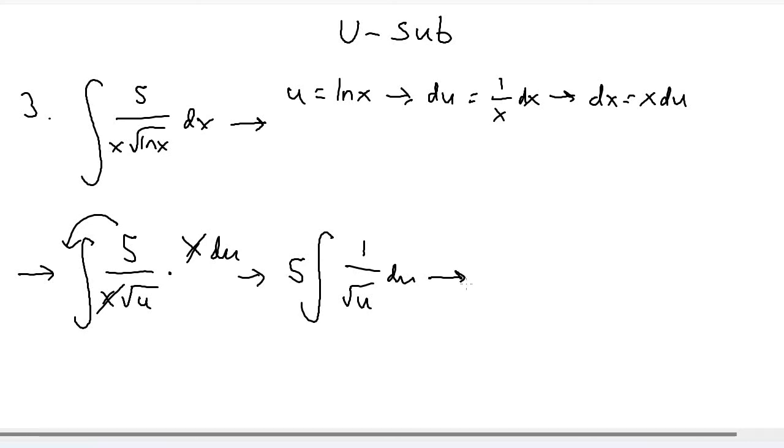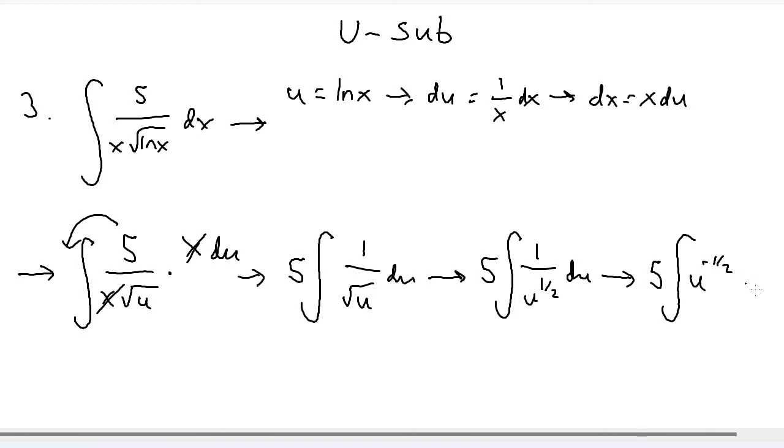Now what I can do is change the u to its exponent form. So let's say we get 5 times the integral of 1 over u to the 1/2. And I can move that 1/2 up top and make the power negative. Now what I can do is use the power rule. So recall that the integral power rule is you add 1 to the power and divide by the new power. So we get